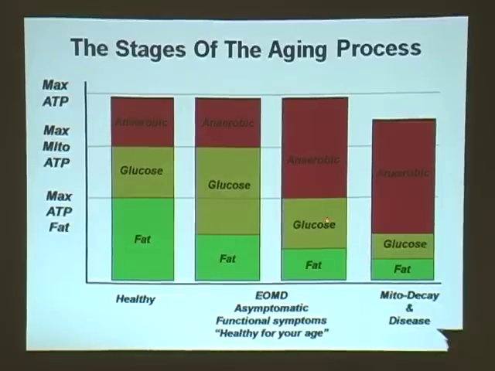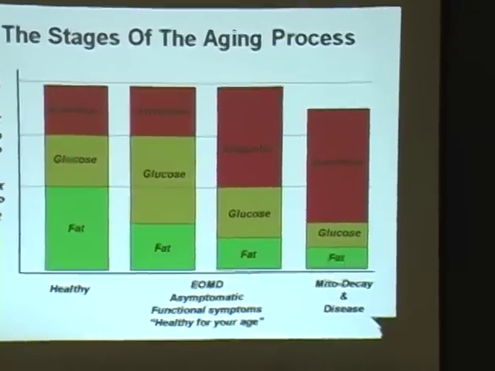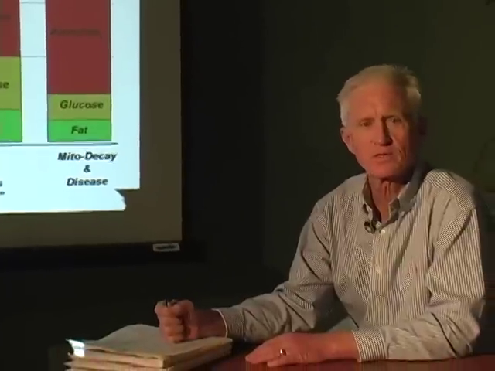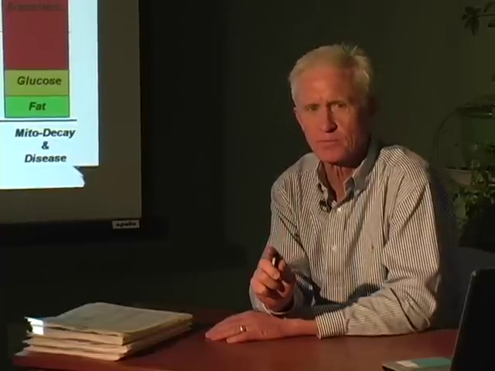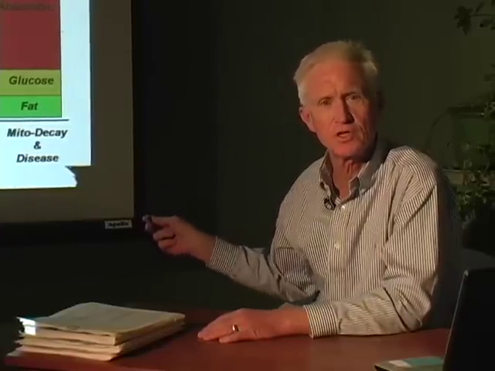And then finally, the final column is when the VO2 max actually does go down. Their total energy production goes down, and their cellular or mitochondrial energy production goes down even more. This is where they're sick and diseased. Now, I don't know that in this stack of charts we're going to go over today that I'm actually looking at anybody that's diseased. I just pulled these out of the library. But that's not really the purpose for doing bioenergy testing. Even though we can use bioenergy testing for people that are in that fourth column and actually have a disease, and use the results to help move them left,